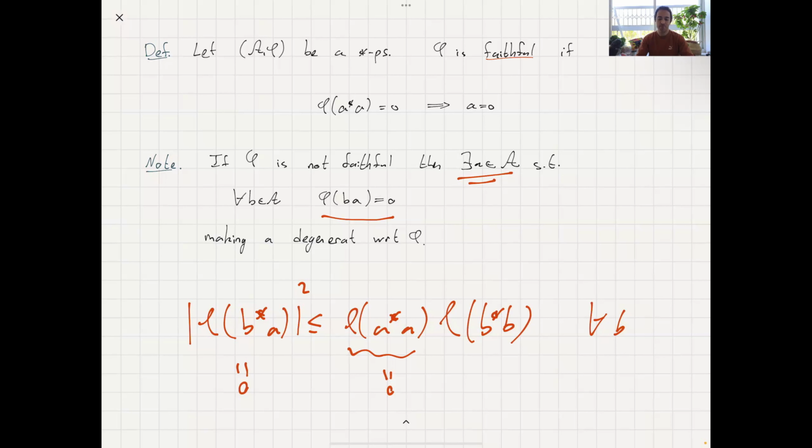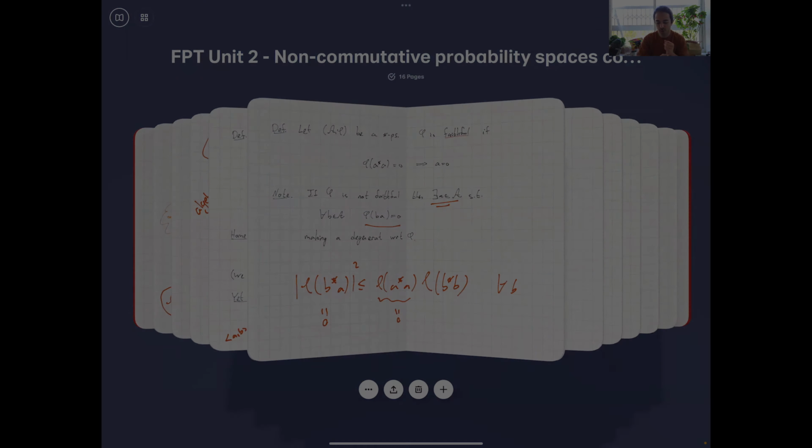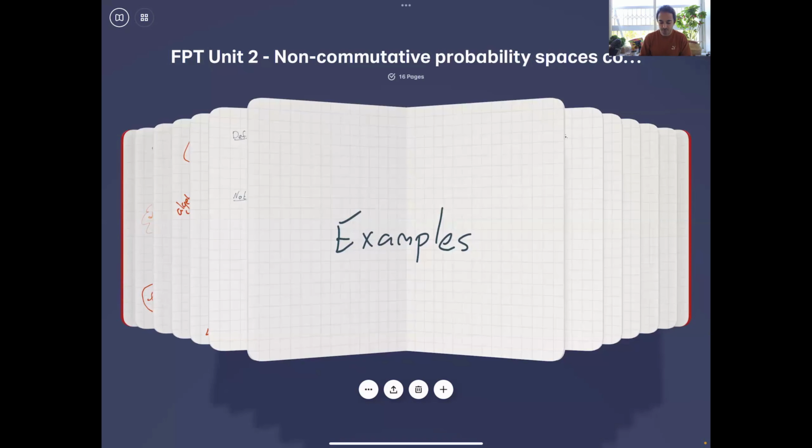And we want to abstract properties of expectation that we like: linearity, of course, but also things like faithfulness and being tracial, and so forth. Okay, so